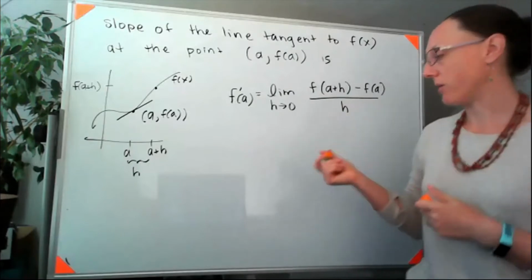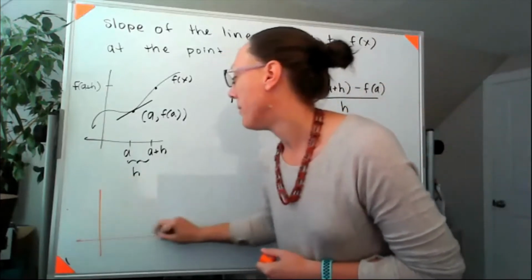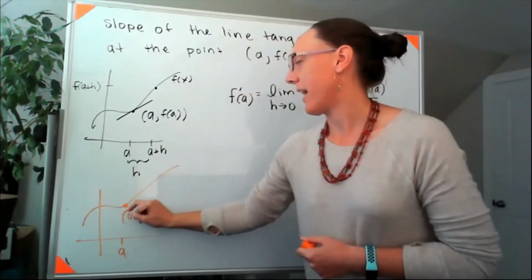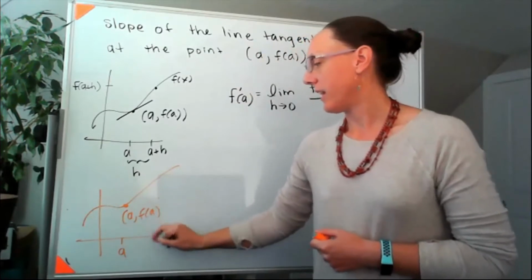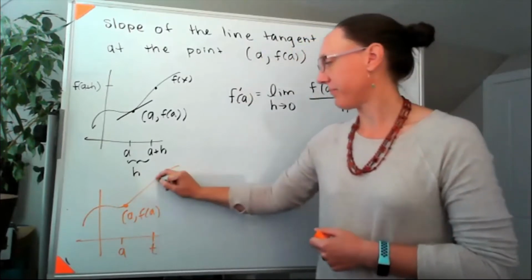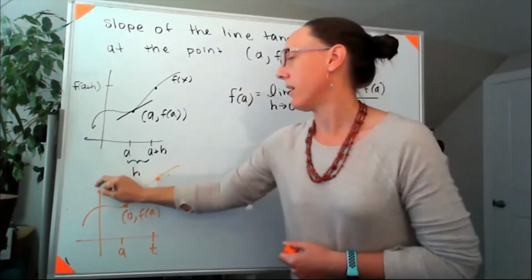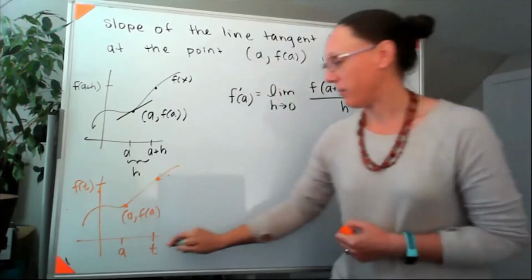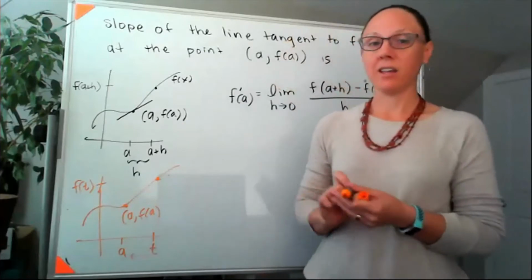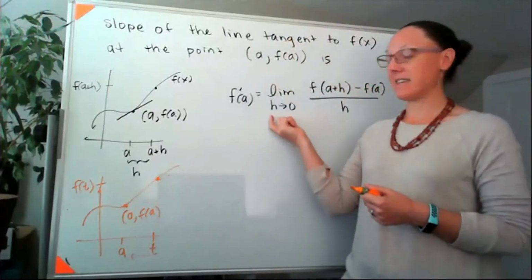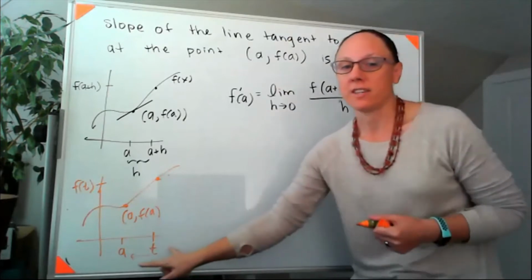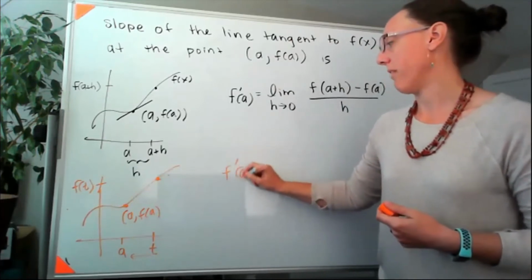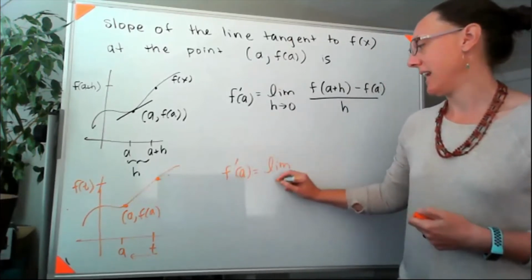The other way that we can think about this is if I had that same picture and I labeled this as a, so that I had a, f of a, then I can move over here to some new point t, and that would make the y value f of t, and then I can make t approach a. So rather than writing the limit in terms of the distance between the two pieces, we would actually let t approach a. So the alternate definition here would be that f prime of a is equal to the limit as